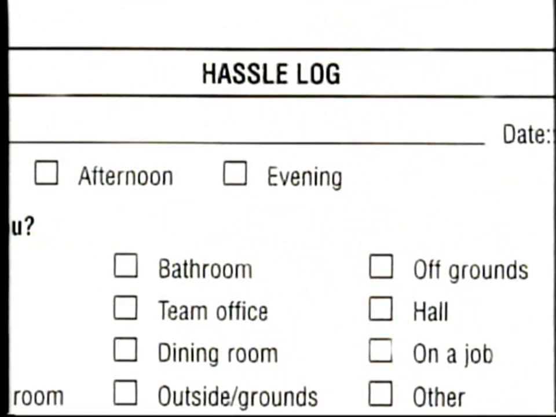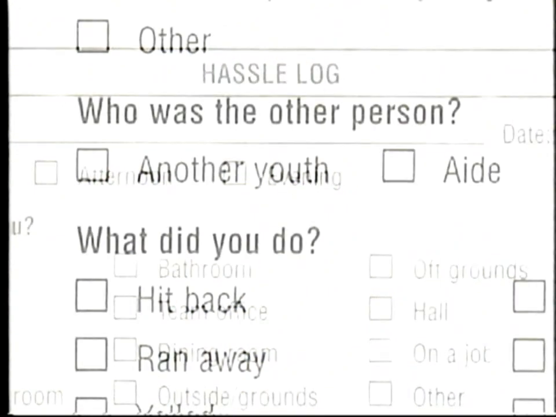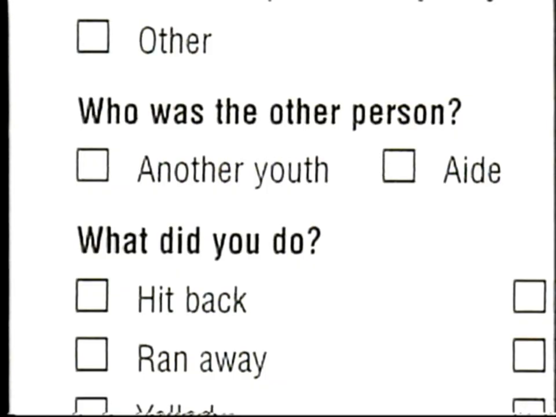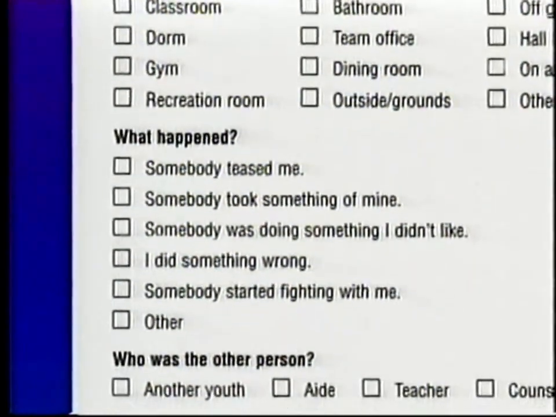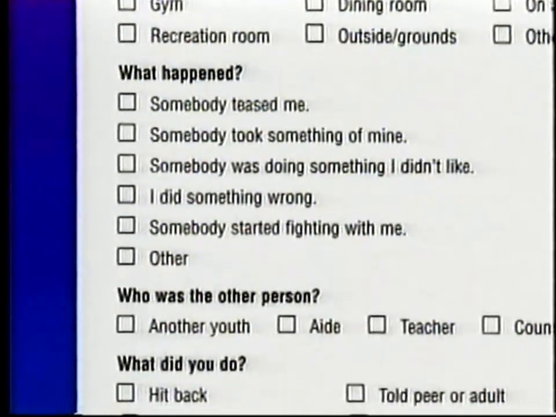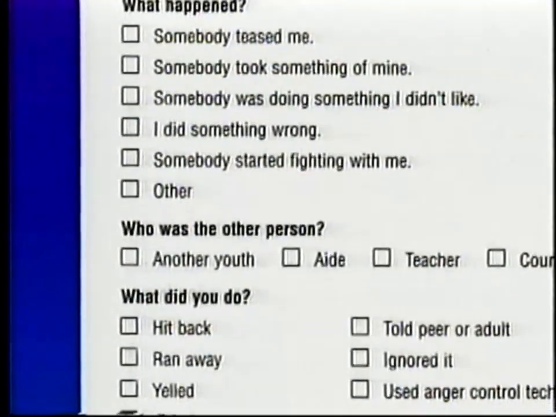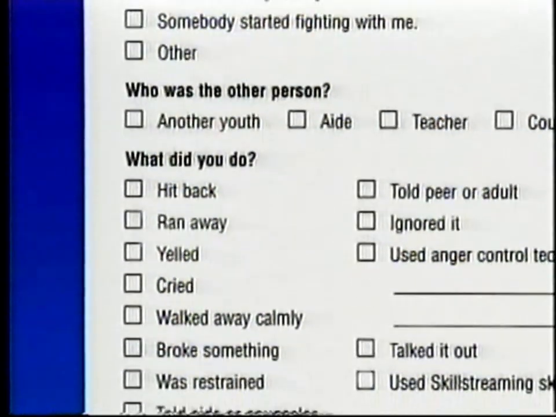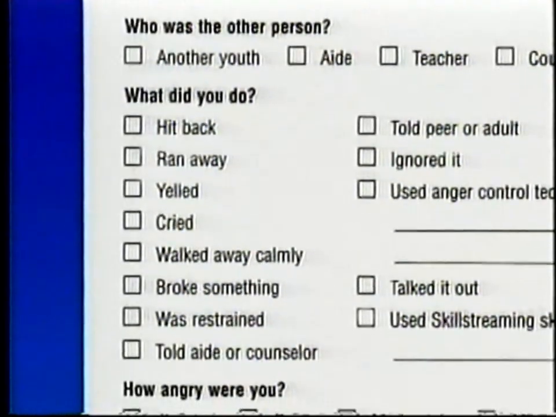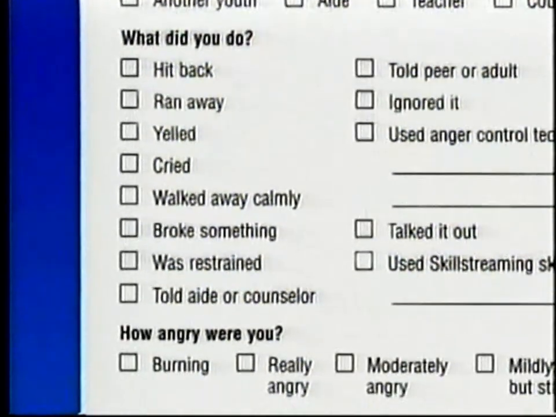And when that happens, you just fill this out. Okay? So it says, who was the other person? It might be a parent, a sibling, a friend, a teacher. And what did they do? What was the trigger? What did they do to you to make you start getting aggravated with them? And then, how did you respond? What did you do back? Because what happens is the sequence. You know, we're someplace, and then somebody triggers us, and then we respond.